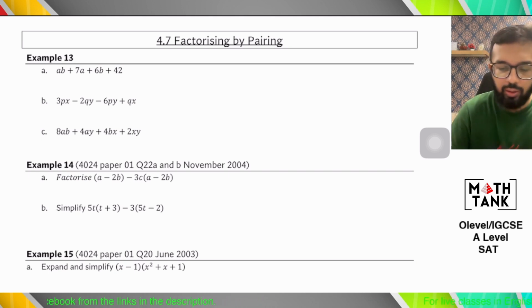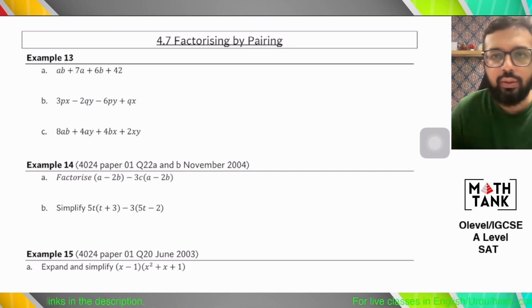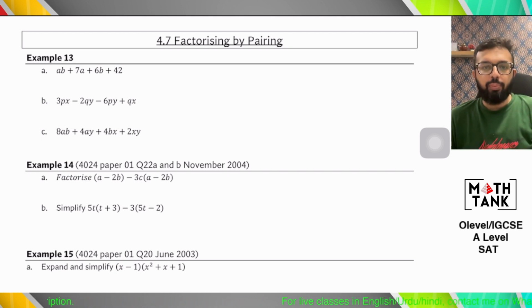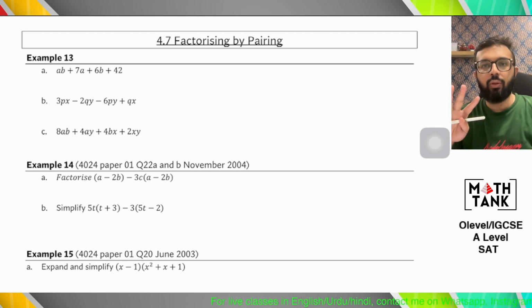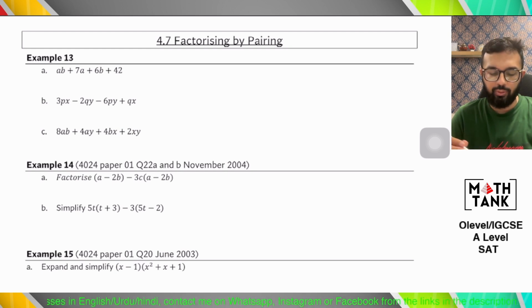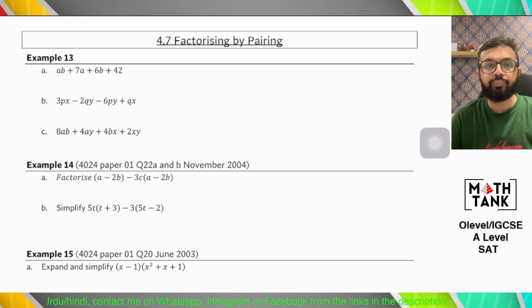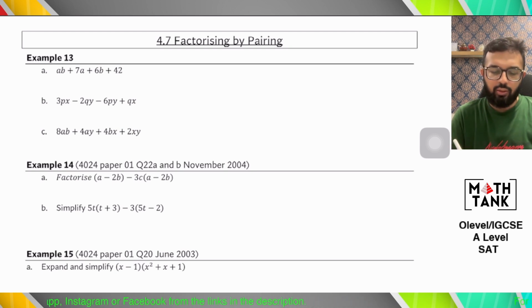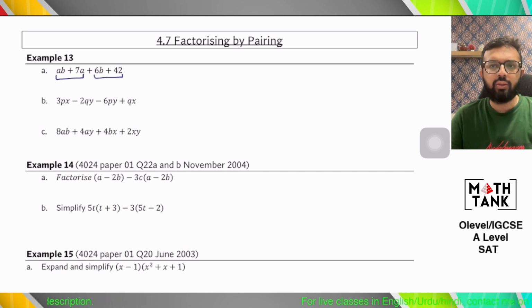Okay. What pairing involves is whenever you have a set of four terms. If you have four terms, it's always going to be factorized by pairing. That is what you essentially also do when you are factorizing quadratic expressions. Okay. So ab plus 7a and 6b plus 42 are the two pairs that I'm going to